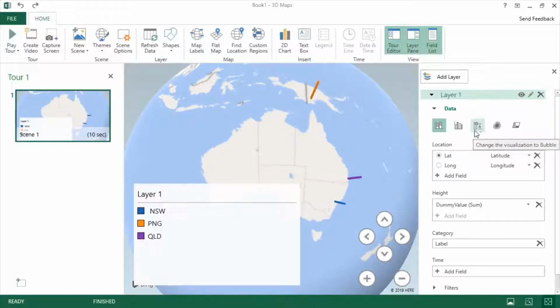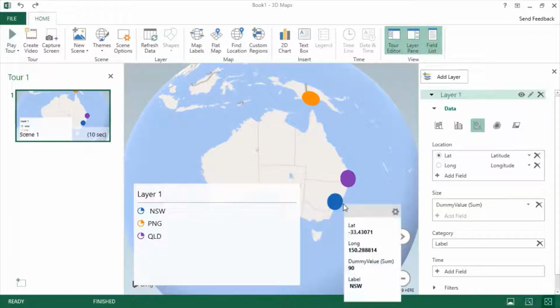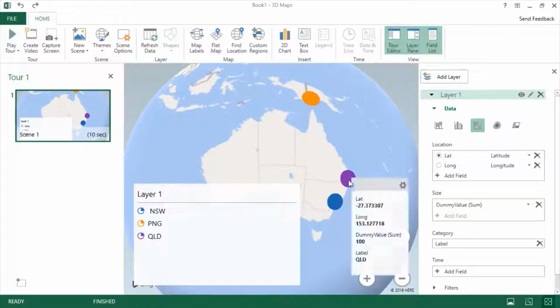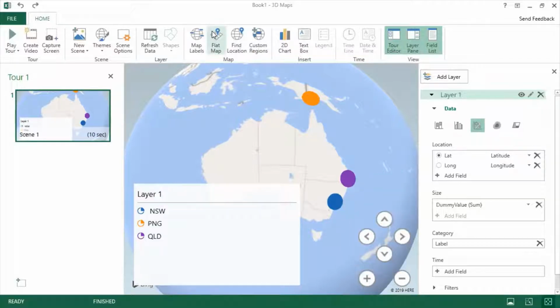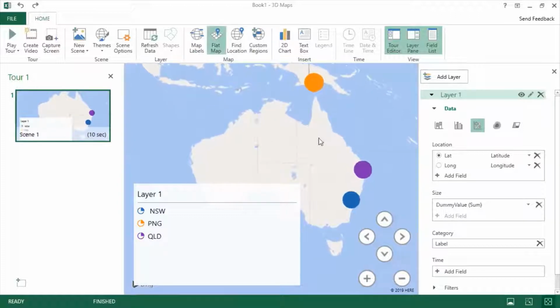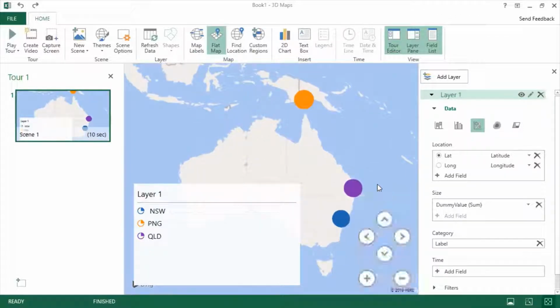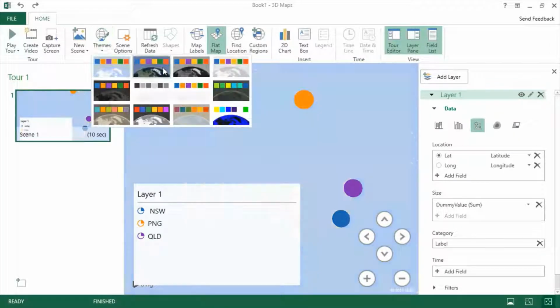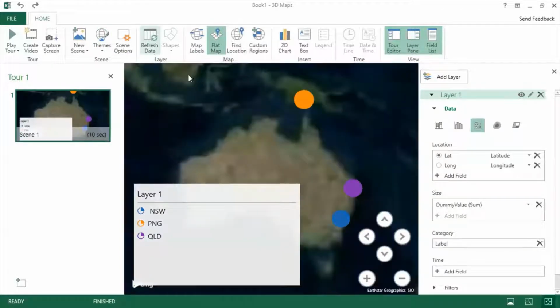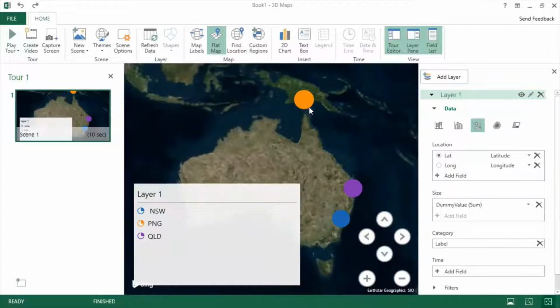If you simply want the bubbles instead of these bars, you can choose this one. And then the size of these bubbles would be proportional to the value that you provided, right? It could be a flat map as well. And then you can add a text box if you want. I leave the rest to you. You can change the base map and so on and so forth, right? I leave these changes to you, but I wanted to show you how easy it is to create a bubble map